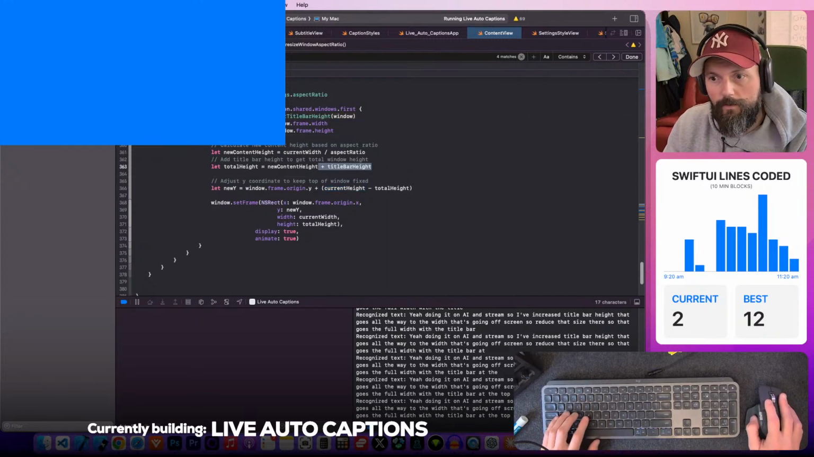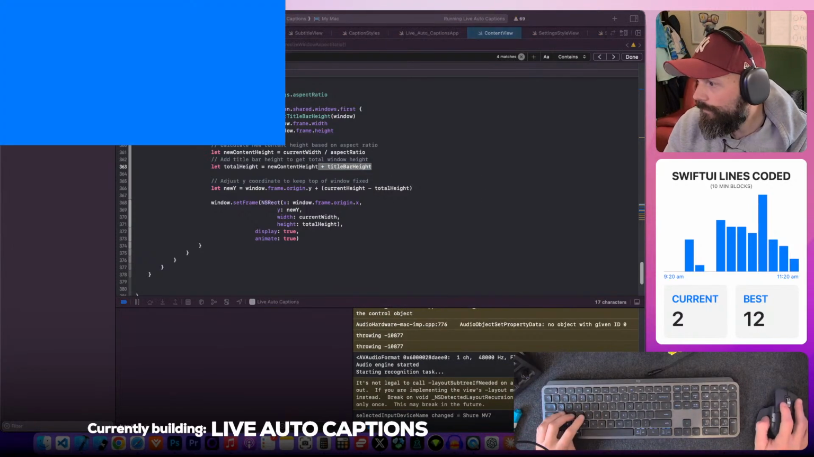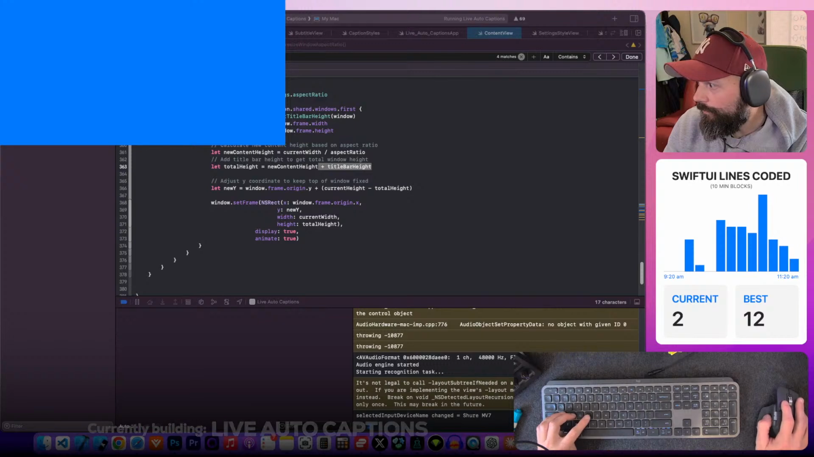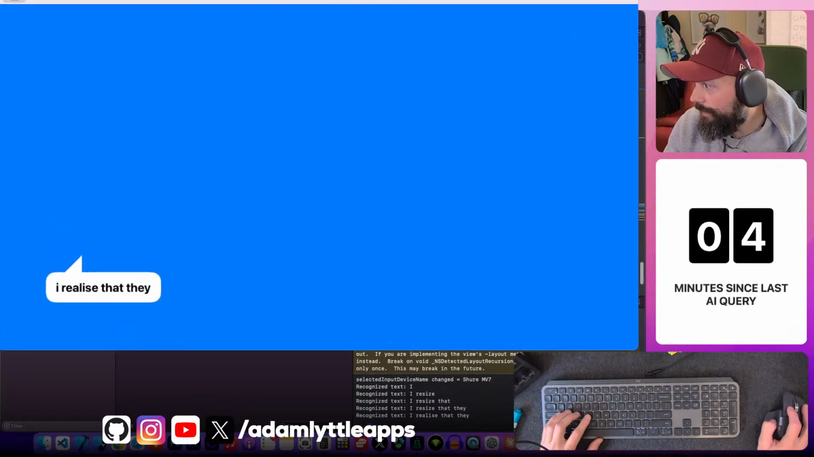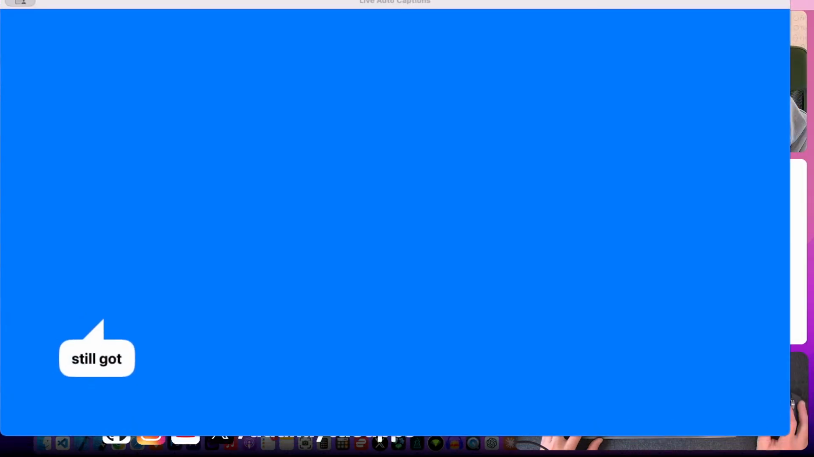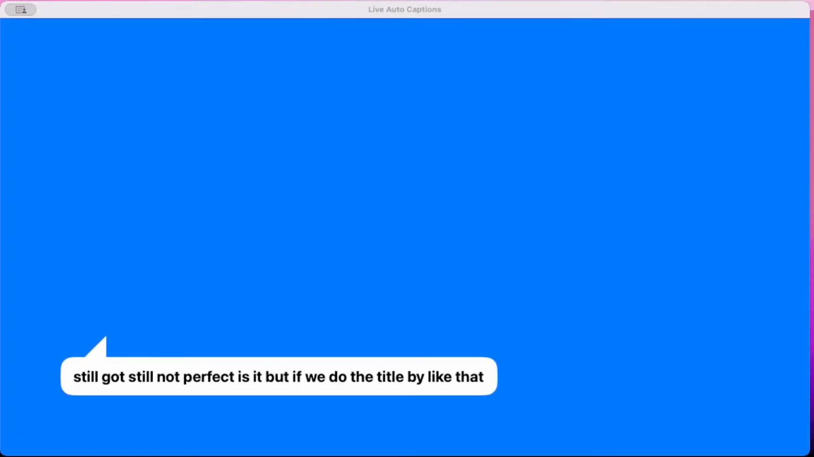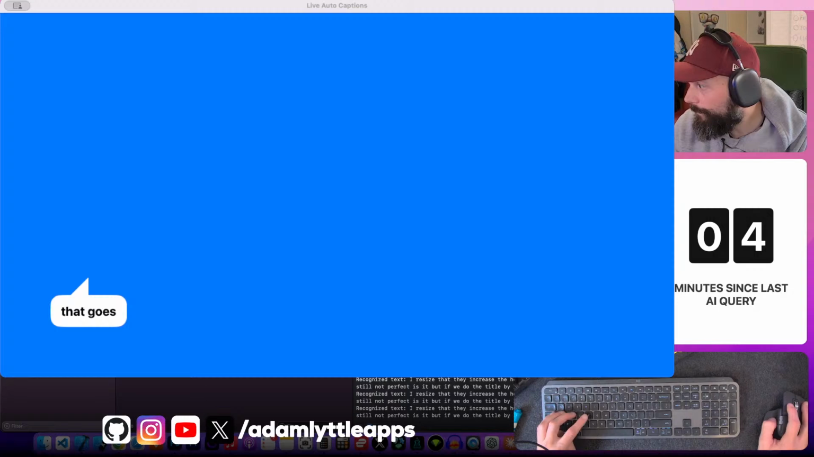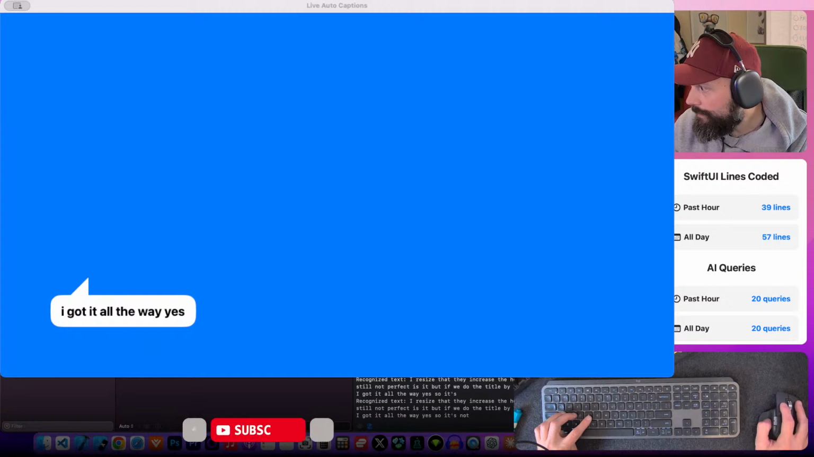If I add the total title bar to the height, I resize that to there. I increase the height, remove the title bar. Still not perfect, is it? But if we do the title bar like that, that goes to the full width. Have I got it all the way? Yes. So it's still,